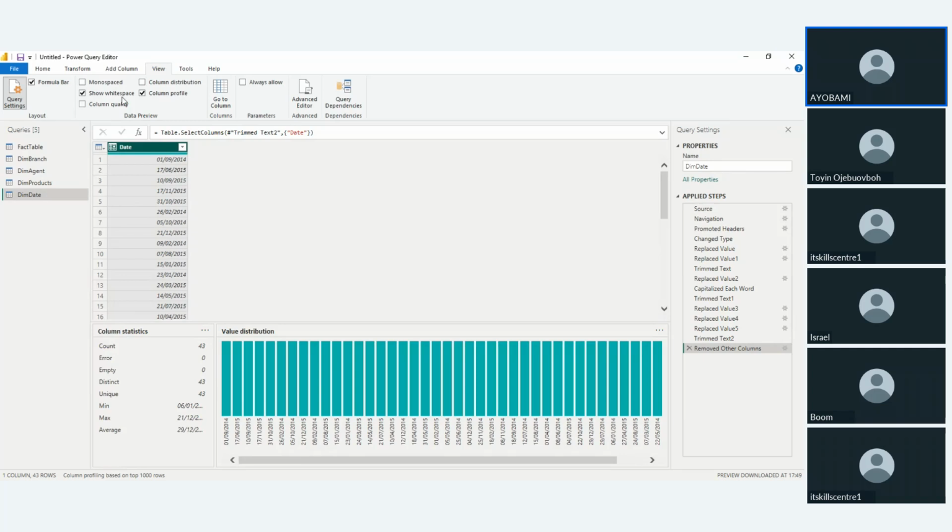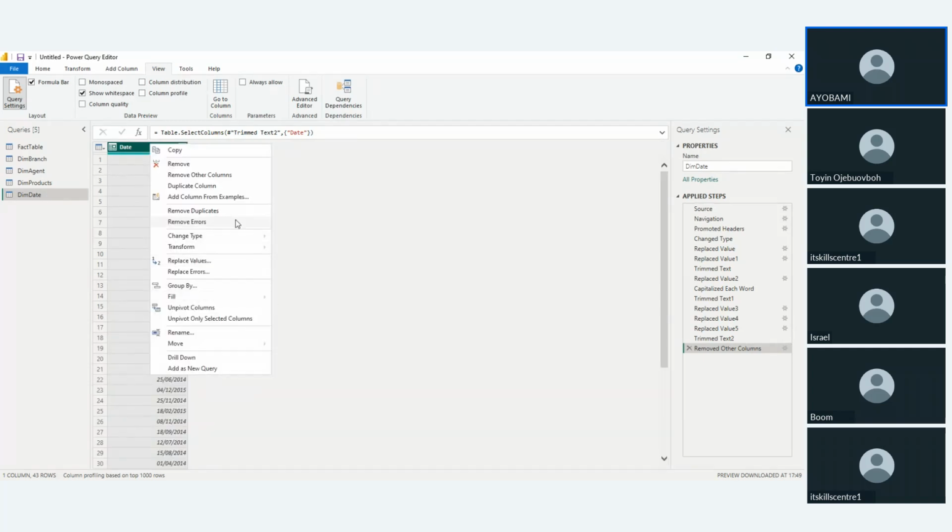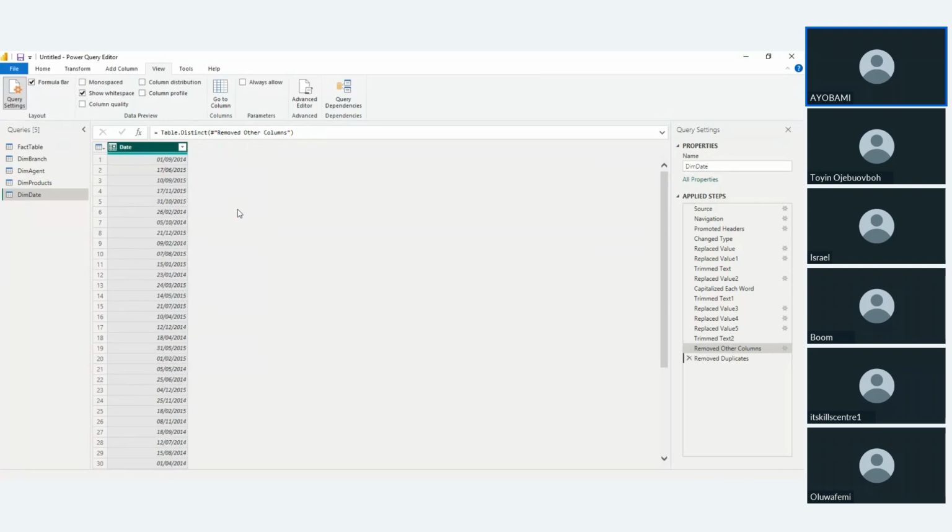But then just to clear it out, let me do the same thing so you can see. I'd say remove duplicates. Can you see? Look down here, guys. I'm dragging my cursor. So it still has 43 rows. So nothing has been removed. It means that in the first place, there was no duplicate. Okay. Now that we've been able to sort that,